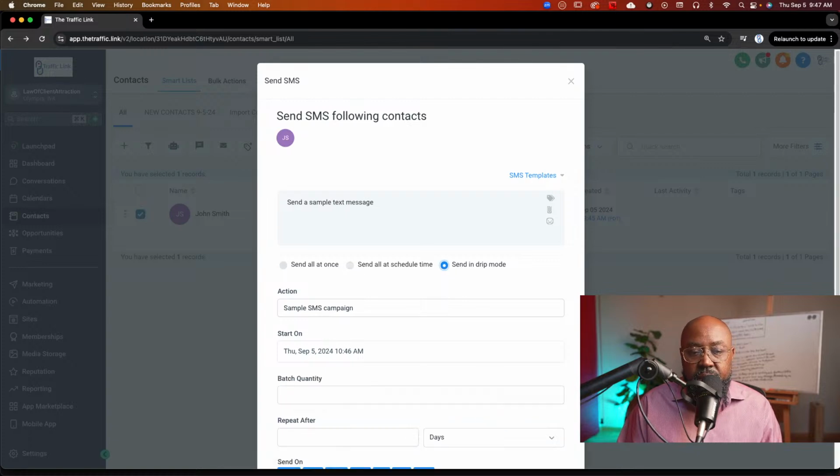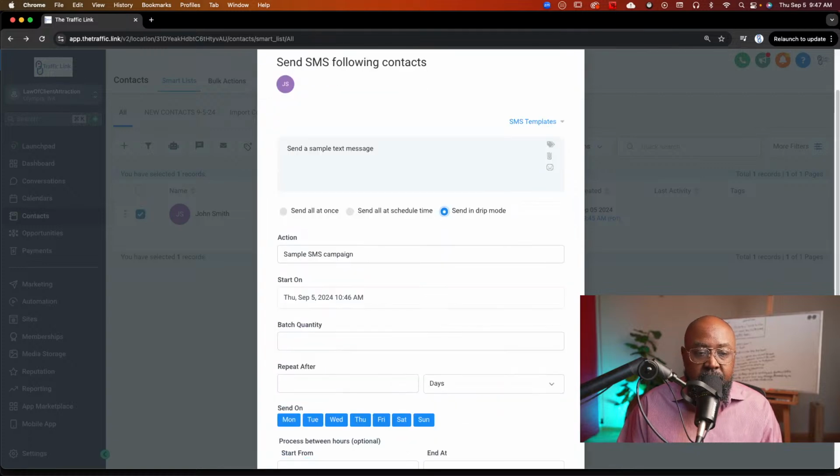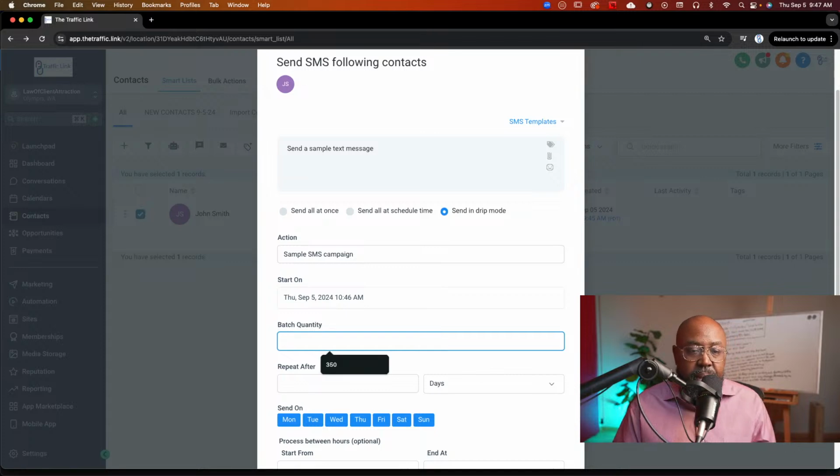Also, if you send it in drip mode, say you have a database or a contact list of over 1,000 people. In the beginning, you can't send out as much. You can probably only send out maybe 100 to 200 SMS messages per day, so you would set that to 150.